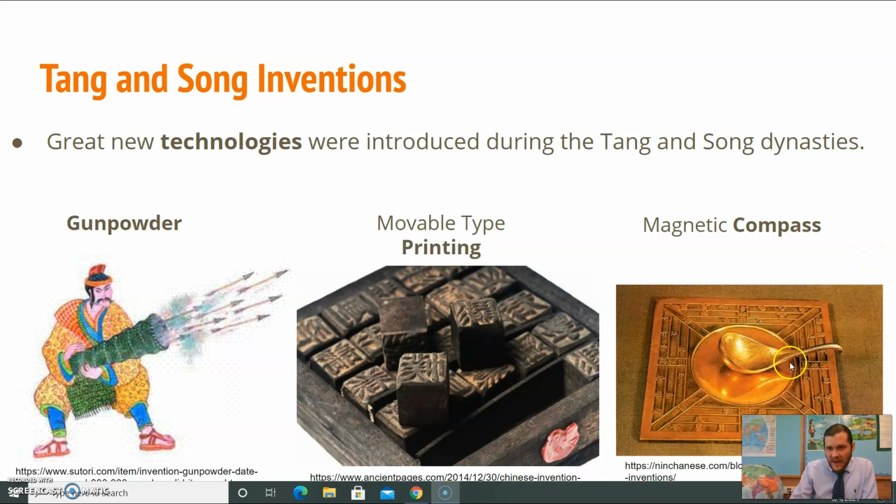And they had this magnetic stone or metal that was kind of spoon-shaped, and it would sit on there, and the metal that they used would always point to the south, so that was how they were able to use that technology to tell directions.